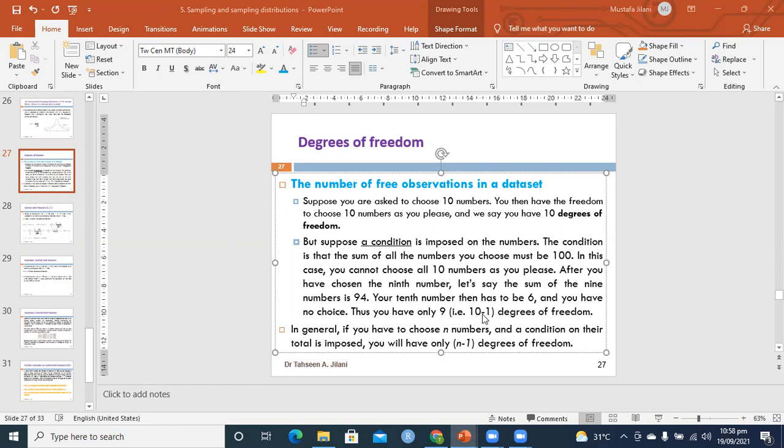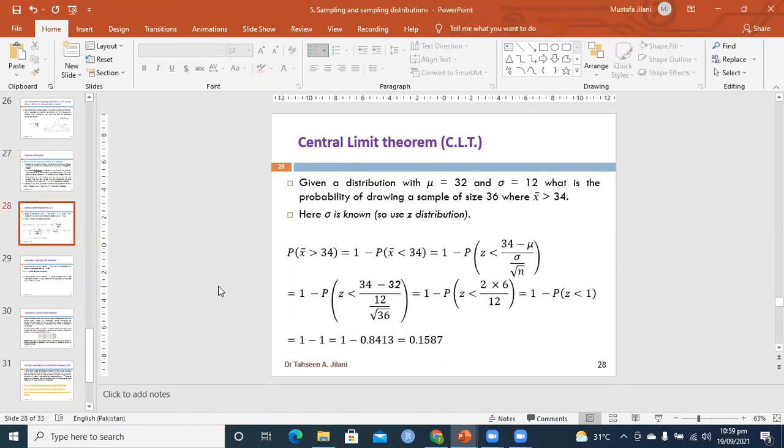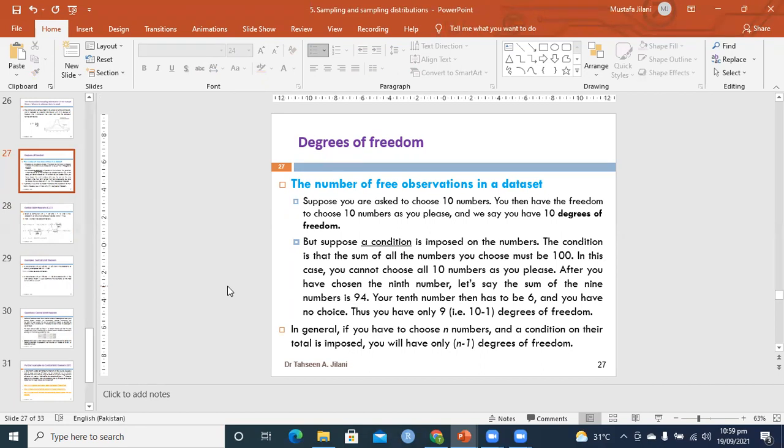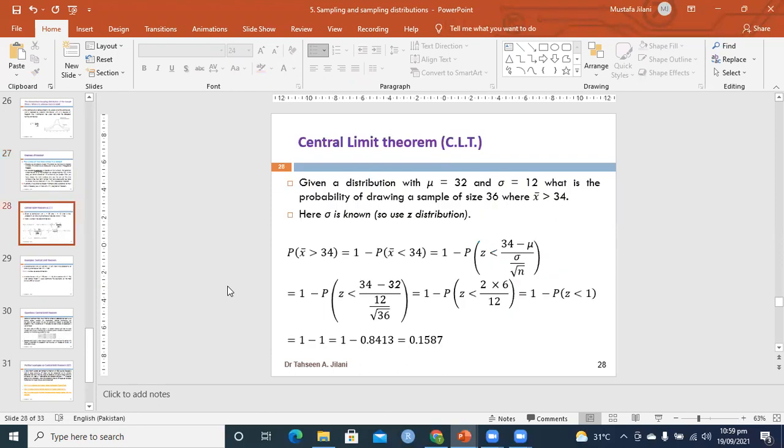So that's why we can say n minus 1 if you have one condition, and you can say n minus 2, n minus 3, and so on. In general, we say n minus k, where k is the number of conditions. The algorithms that you will see in 4th year and 3rd year, 6th semester, follow this concept very well, repeatedly.